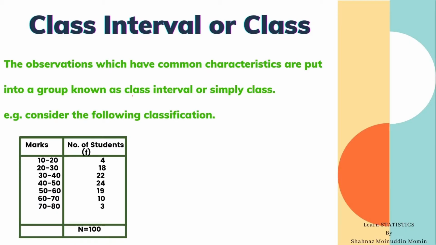The first term is class interval, or it is simply known as class. The observations which have common characteristics are put into a group known as class interval or simply class. For example, consider the classification of students according to the marks. The marks and number of students are given. In this table,